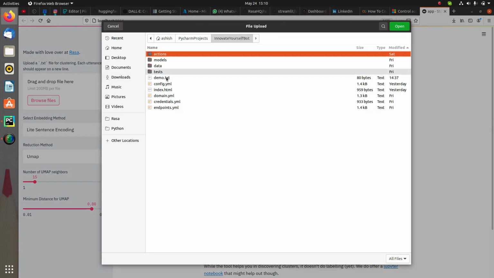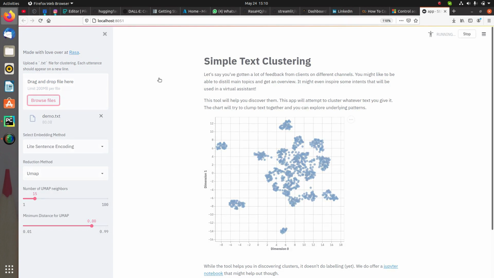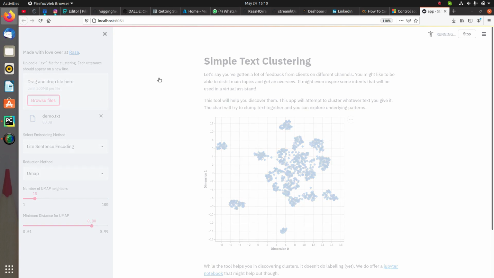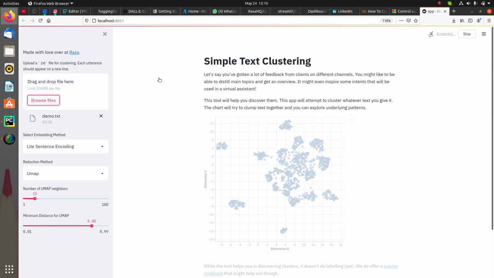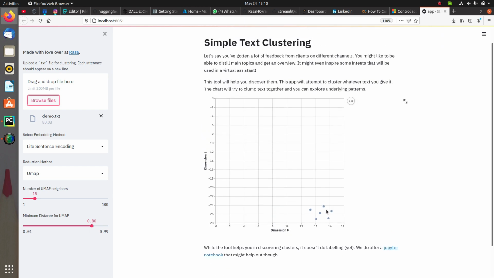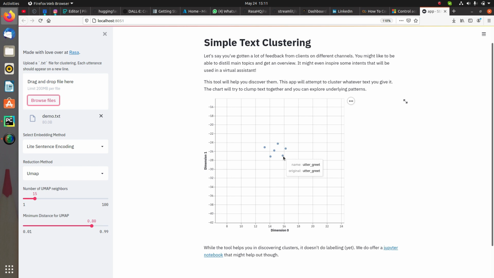Currently the data is very small, so you will not be able to get completely clustered data, but you will be able to perform the clustering on the text data that you provide. Just wait for it to load, and there you will see how it is working. Can you see, right now you have the data, and for each data point you have the message, or the text that you have provided. I just provided the names of the utter actions: utter greet, utter I am a bot, utter check, utter content, utter services, utter goodbye. So in this way we have it.